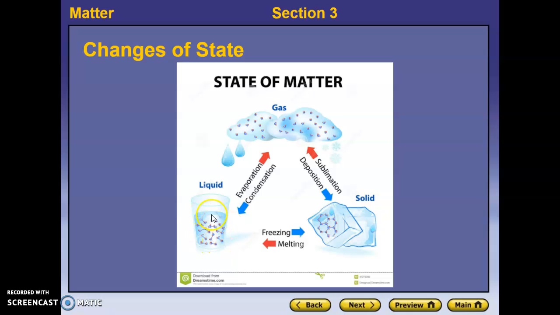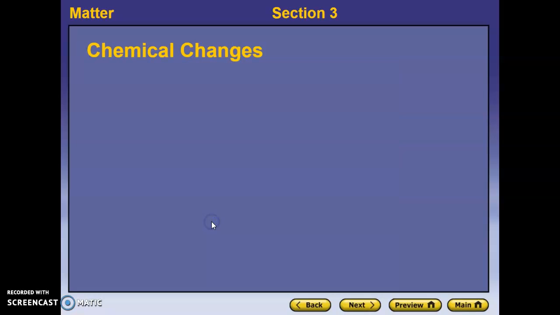We're also pretty familiar with a liquid and gas state of matter change. If a liquid gains enough energy that those little particles move faster and faster,